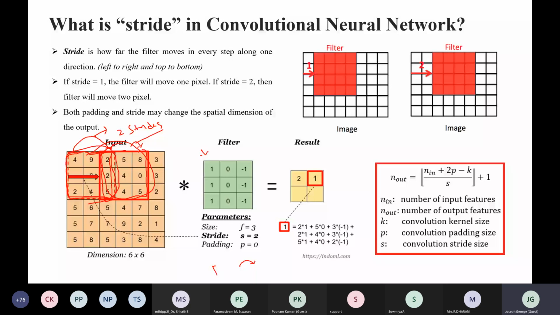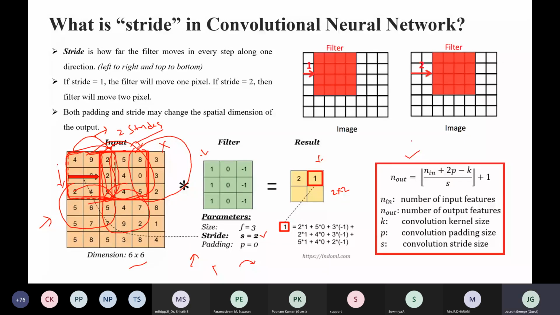Again, you are moving 2 strides downwards, where you will calculate the patch here, and then you move 2 strides towards the right and calculate this patch. So the outcome of this stride operation: if the dimension is 6 cross 6, after this convolution operation with a stride of 2, you will get a convolution or activation map of 2 cross 2. And you can also calculate this by using this formula.